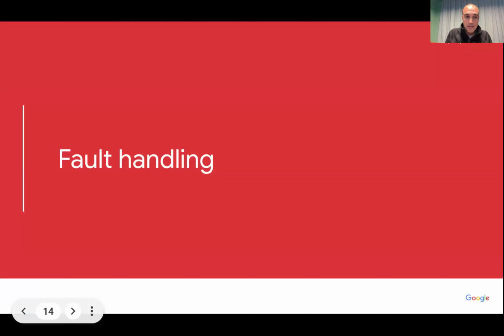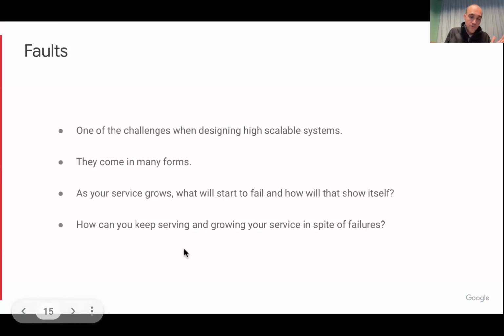So now, how do we do fault handling? This is very important because we need to tolerate errors, right? This is one of the most difficult parts, because you can get a distributed system that is very nice, but never works, because everything is failing all the time. I know in my infrastructure, some amount of machines are broken right now. Some amount of machines are restarting because of a kernel upgrade.